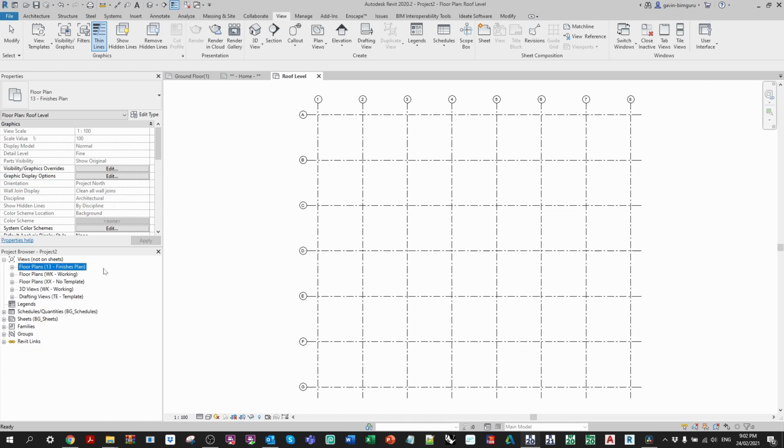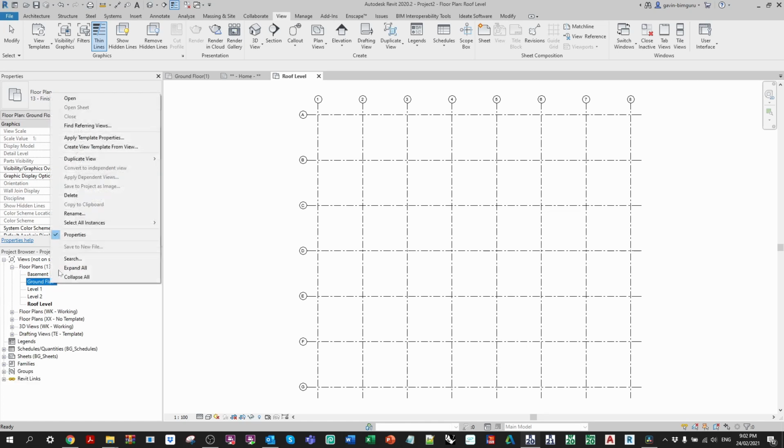Now this is good if you really want to separate your sheet space from your sheet views, if you want to make sure the user can't even delete the sheet view. But I must say that I do find that the view browser becomes a bit of a dog's breakfast in this case. One really bad thing about this is if you create a dependent view